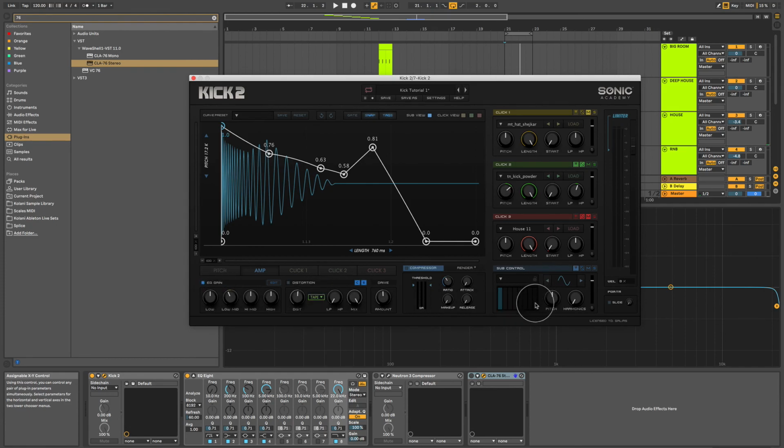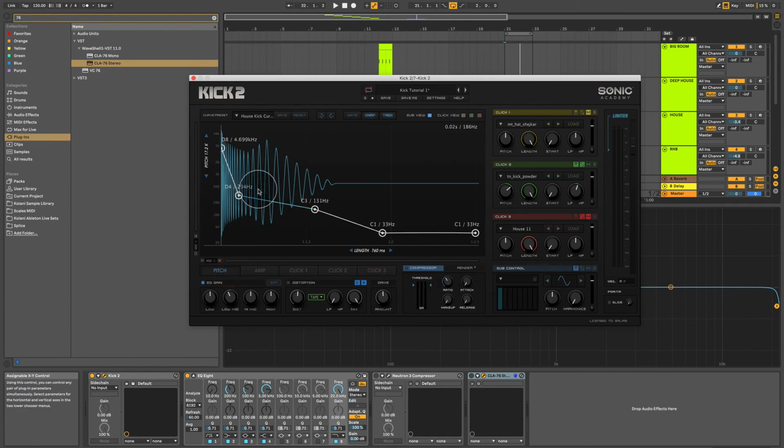But at the very least, you should have an oscillator with a pitch envelope and a volume envelope that you can assign to that oscillator to create your kick pitch curve. And remember, you have to start at a high frequency and quickly go to a low frequency. And depending on how that pitch curve goes from the high to the low frequency, and also the duration at certain frequency regions, you'll get totally different results. So go ahead and experiment, make a few different kicks, and then come back to the course and we'll go through analyzing